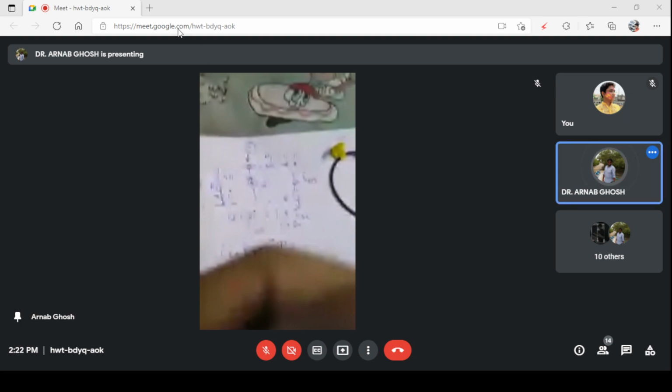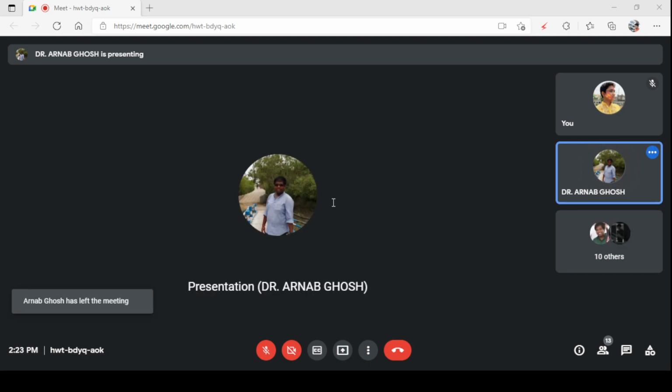Is this clear? Up to now, is this clear? So we are applying KCL at node 1, and we are applying KVL at the loop. So if we are applying KVL in this loop, ISC is flowing through this resistance and I is flowing through this resistance. So you have two voltages. One is I into R2, another is ISC into R1.